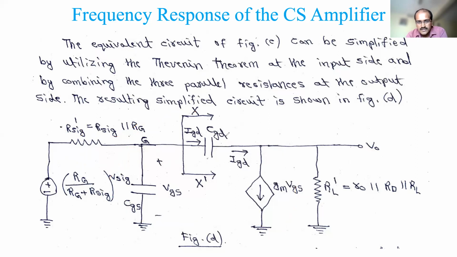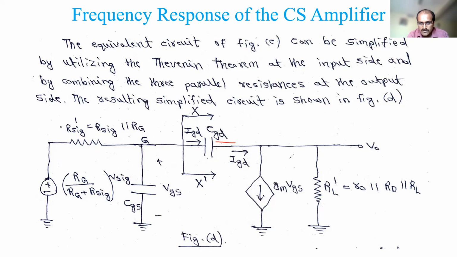For the next step, some inputs are put in. We mentioned earlier that CGD is very small compared to the rest of the circuit, but it will play a major role. CGD is affecting the output and input. It acts as feedback between the gate and drain, so we will try to split it. We have denoted x dash as a terminal here to split it, and the current through this will be denoted as IGD, the gate to drain current, and here we have gm VGS.